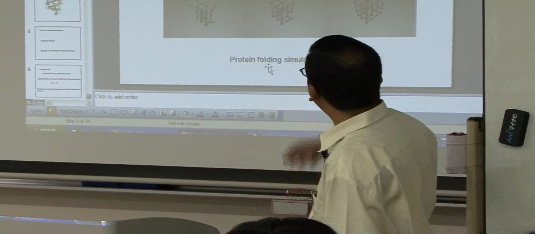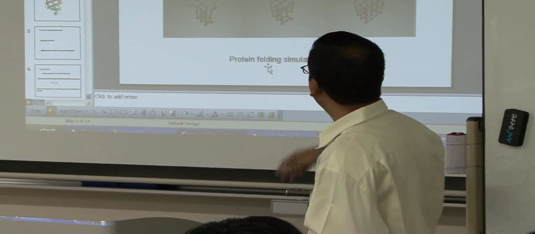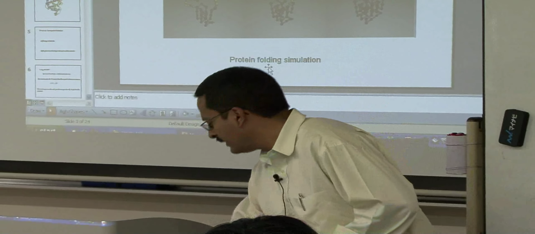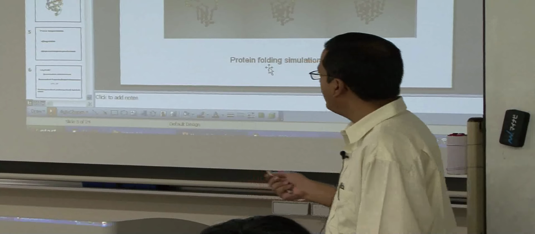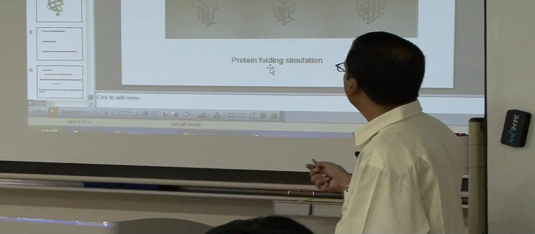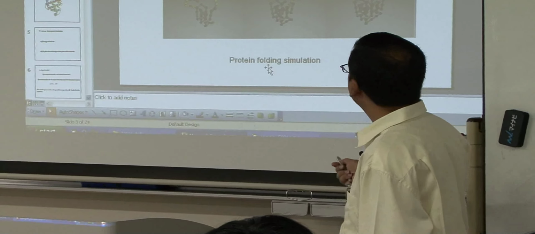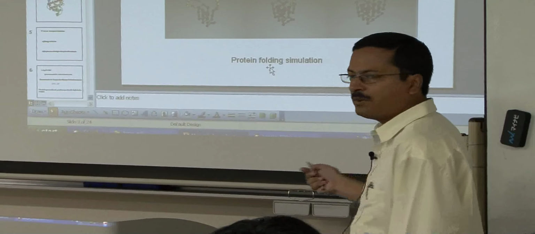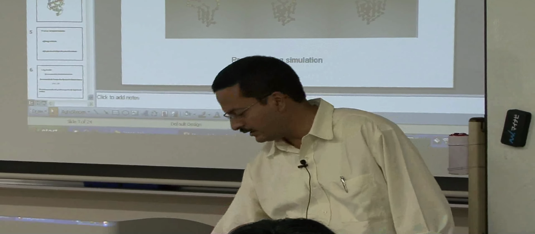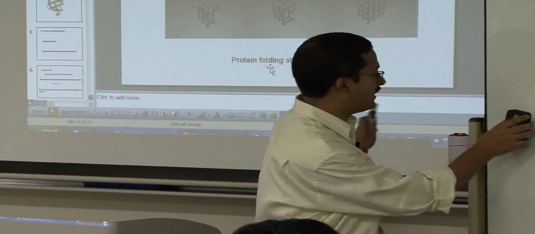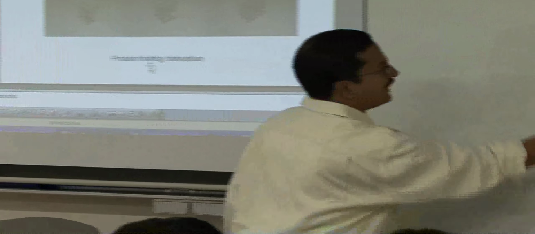This is another example. Again, it is not my work, but this is a protein folding simulation example. I will talk about proteins a little bit, but this is the unfolded state of a protein. So, everybody knows protein, right? I will discuss this one, but before that,